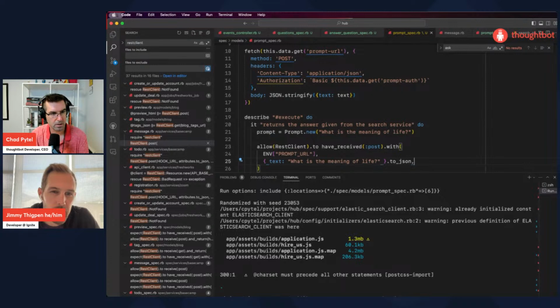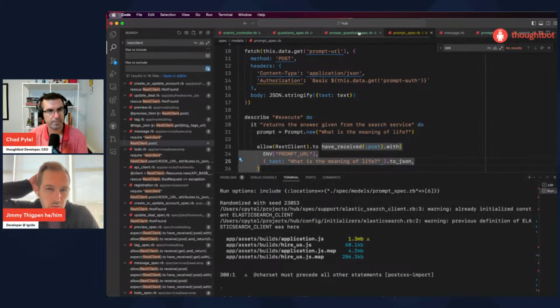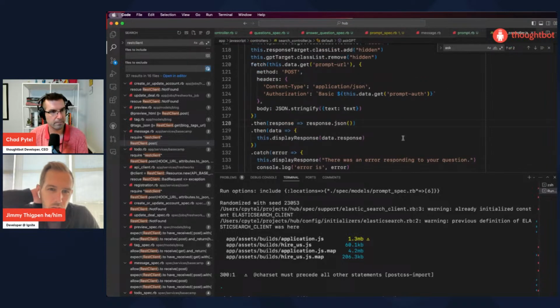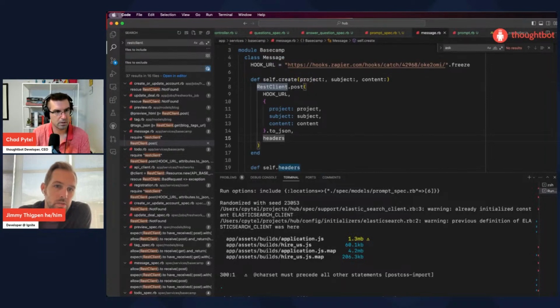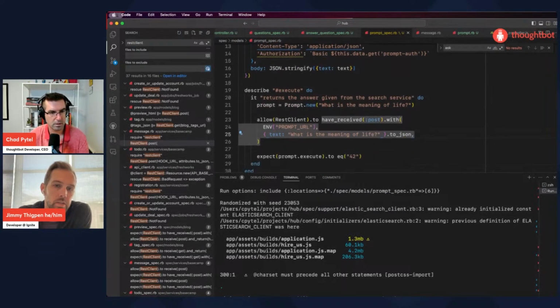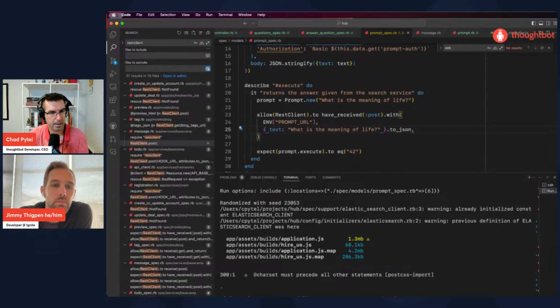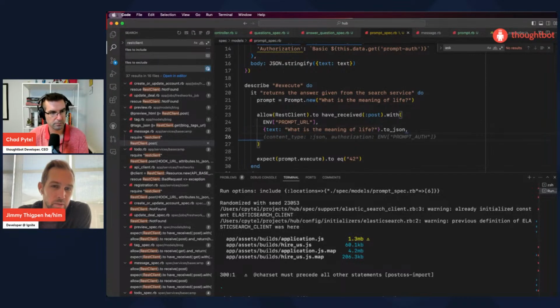Do we need to call to JSON on that? Let's look at that. It is stringifying JSON. Yeah, so the body is the JSON string. Cool. Does the to JSON method make it just a JSON string? Yeah. Yeah. Cool. Sweet. And then our header. It's on hash, so it takes a hash and makes it into a JSON string. Got it. The naming makes me think it's doing something else almost. Mm-hmm.